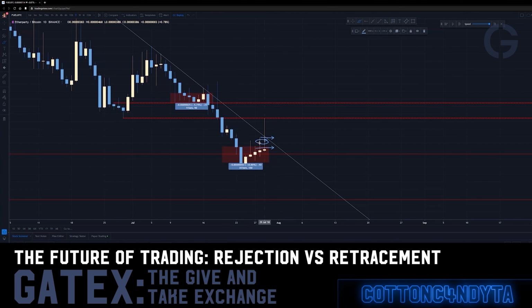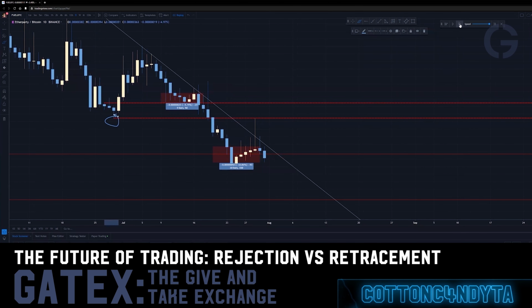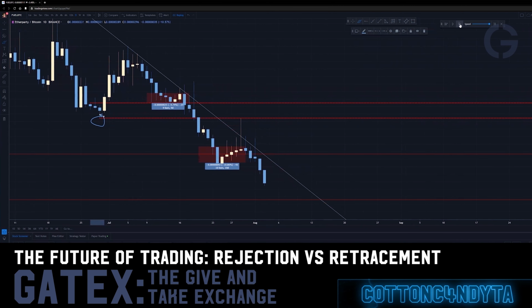This is called a rejection of a move, or a rejection candle, or failed accumulation is another term I use for it. It's failed accumulation. That's the one I like, because rejection just kind of has too many meanings. So I call this failed accumulation. This is when a candle looks like, this move looks good, we've back tested the level, we're about to break out of the move, but innately on the daily you can see that you've already lost the daily move, and then it just breaks down, right? It just completely breaks down.